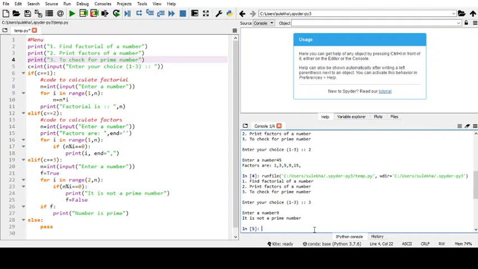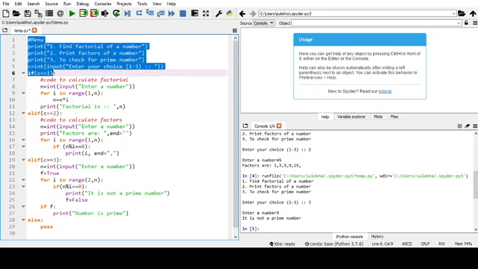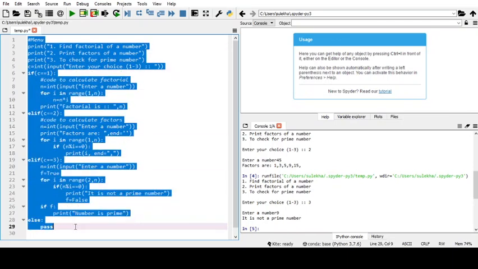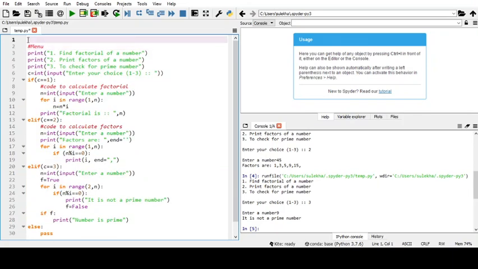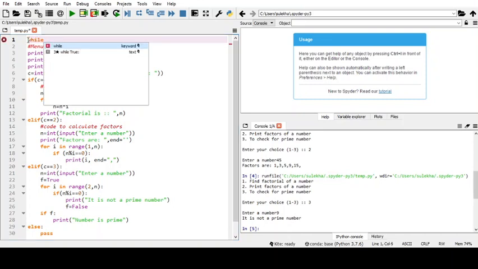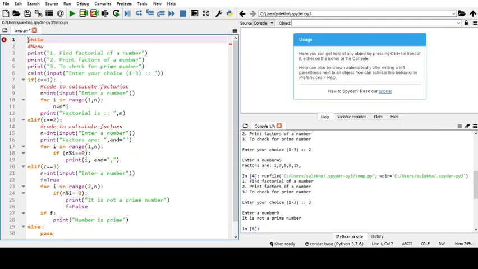Fine. Now this is a menu driven program, but you can see that every time we want to execute one operation, we need to run the program again. Instead of doing this, we can write this complete program inside an infinite while loop, and that loop will terminate when we enter some value.